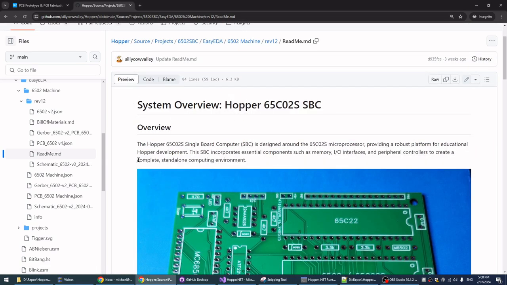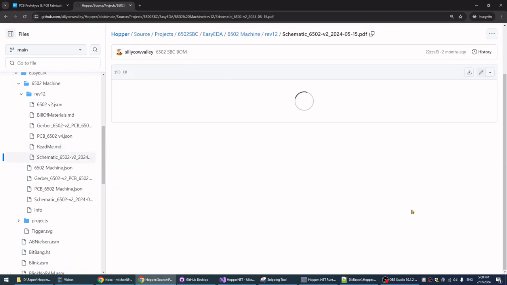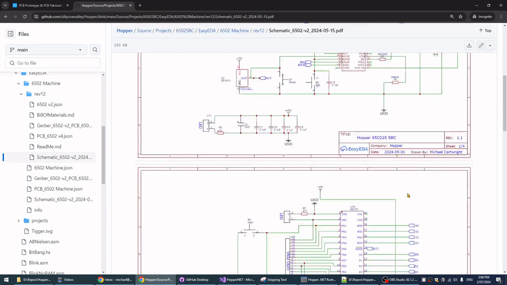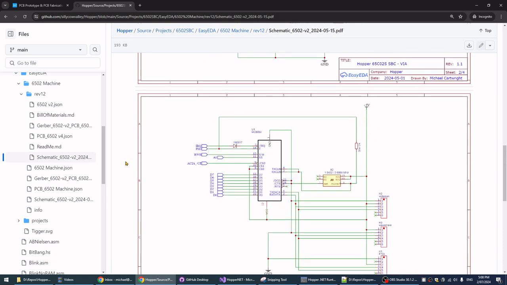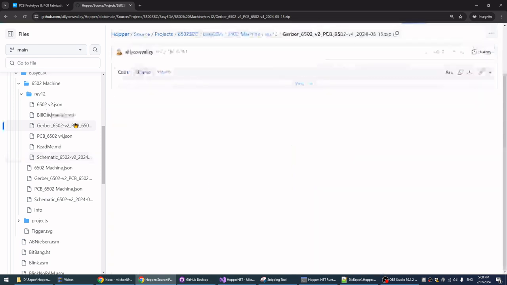Inside that folder, there's the README that's interesting. There's a schematic, which is a PDF. There it is. Let's have a look at that quickly. That's not so quick, is it? There you go, schematics in 4 pages for the design. So if you're curious, go and have a look at the schematic. And then there's the Gerber file, which is a zip file, starting with the word Gerber. So you're going to download this, download the Gerber file,